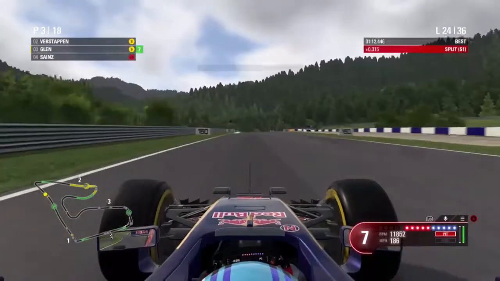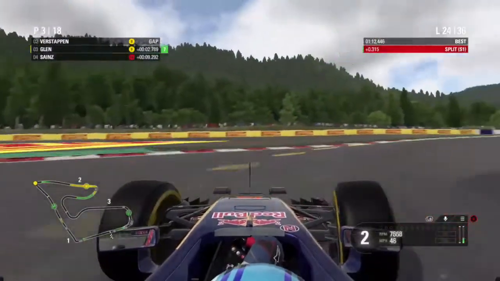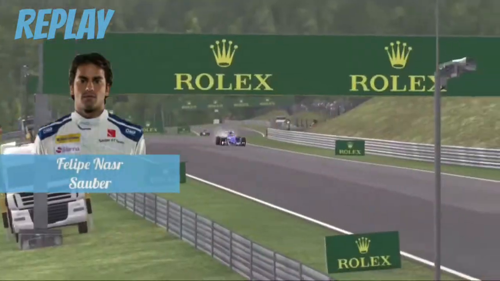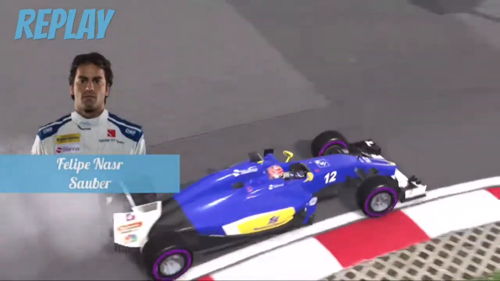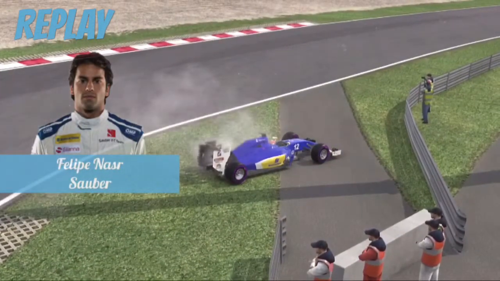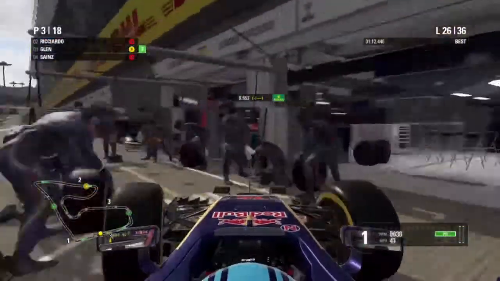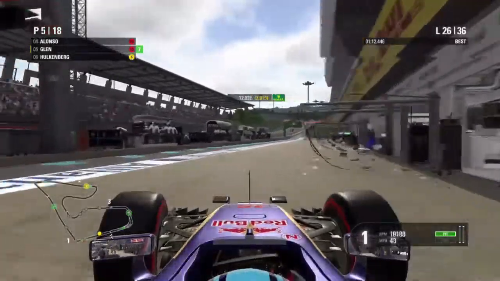but Felipe Nasr is out of the race. So let's see what's happened to the Sauber driver here. We look at the replay now, and it is an engine blowout for the Brazilian, not how he would have wanted his race to end, and that is very disappointing for him as the Red Bull goes past. But we cut on to lap 26, and we're going to come on for a set of super soft tyres,